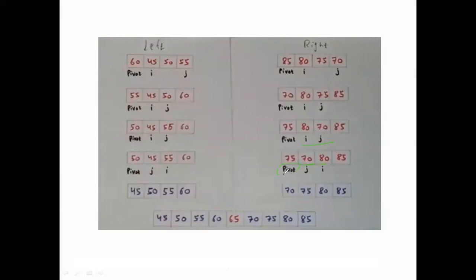Next, the pivot is here, then the i value and j value. i is here. Is the j value greater than the pivot? No, so j stays here. Next, i stays here only. Then check the condition. The condition is true, so swap the pivot and j. So this is in sorted order. Clear? Or any doubt?